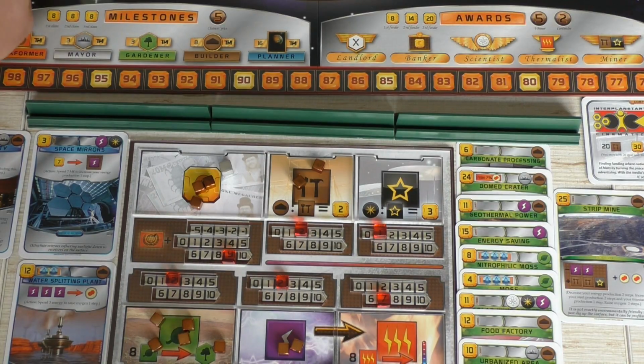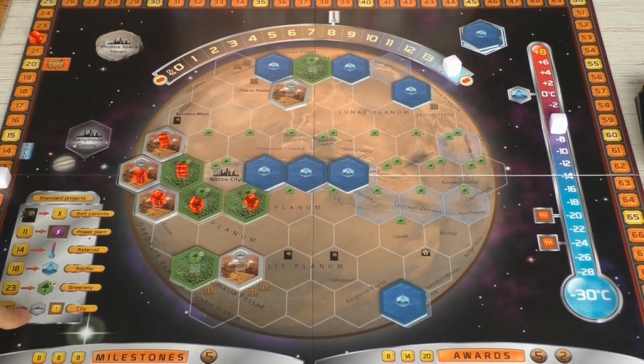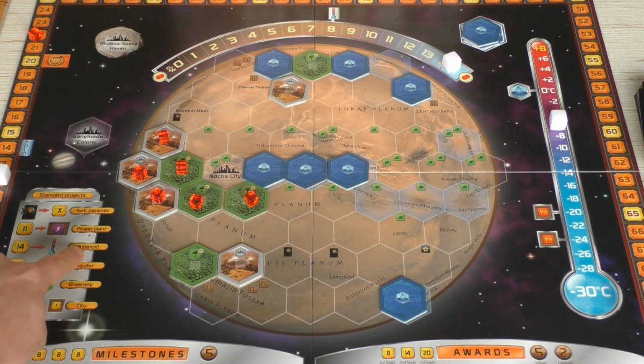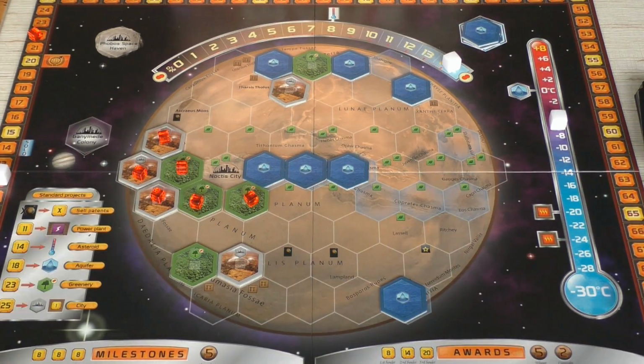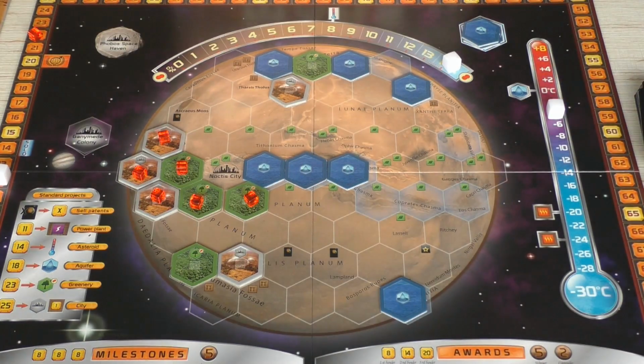And I'm going to do one of the standard projects. Let's go to the board for that. So there is a standard projects column here. I'm paying 14 for an asteroid, and that raises temperature once more. So we're going to -4 now. And now I still have